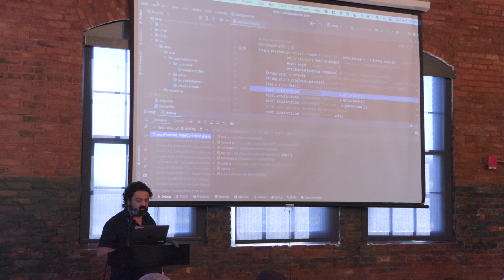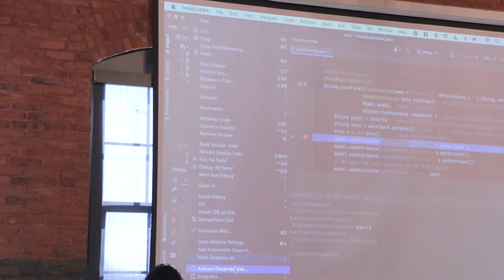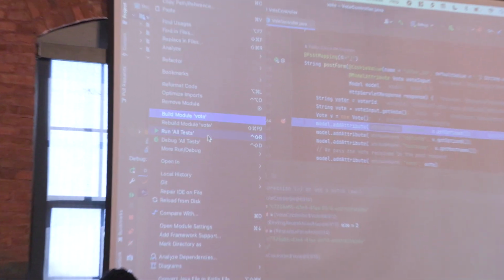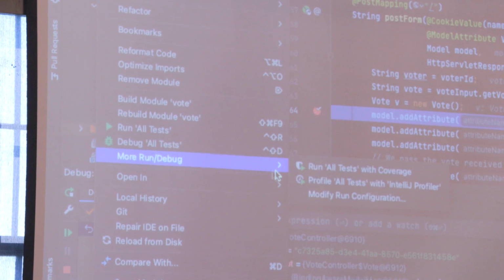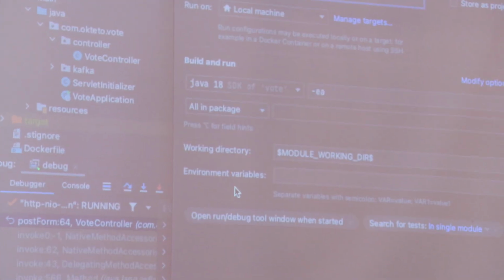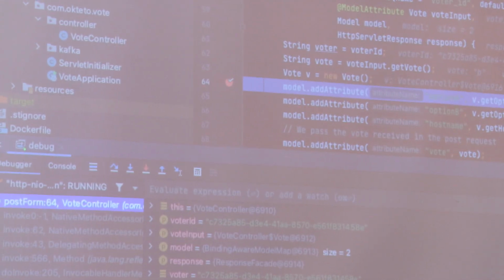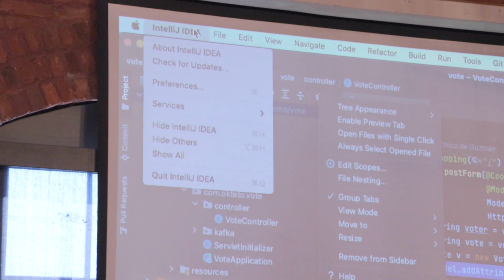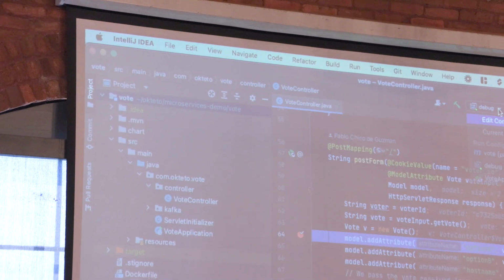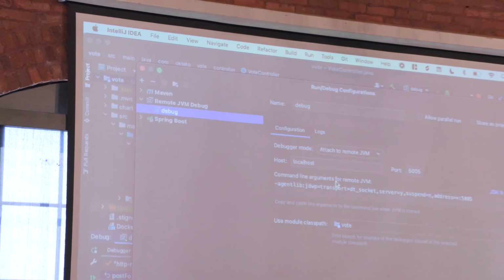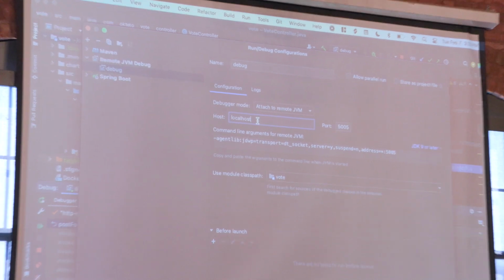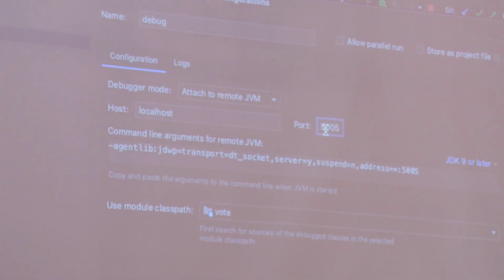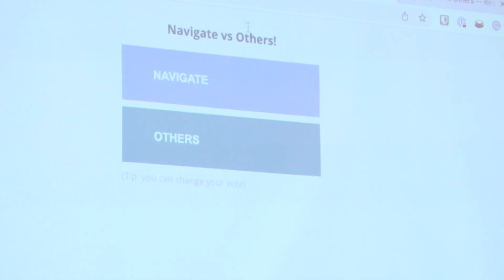So if you go, let me see if I remember where it is. If you go to the settings, let's go here and modify, maybe it's here. I always forget with IntelliJ where it is. This one? Oh yeah. Here, right, yeah, you're right. Edit. All we're telling them is, hey, localhost and this port. And then in Okteto, if I go back to the YAML,